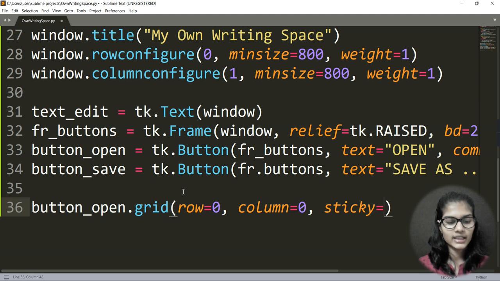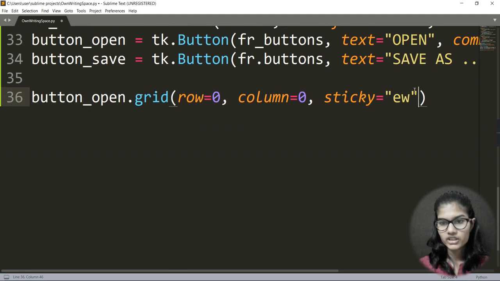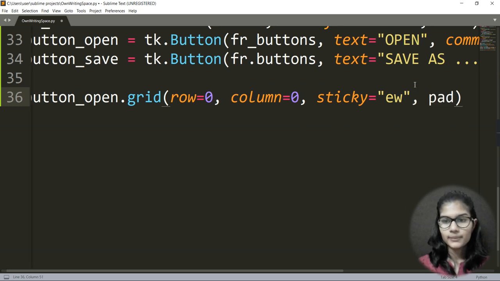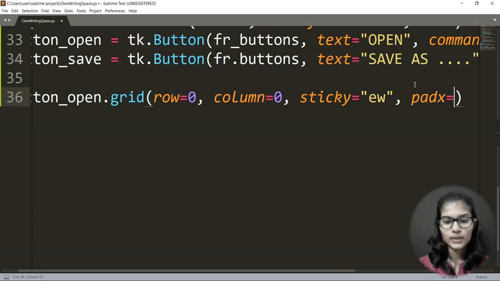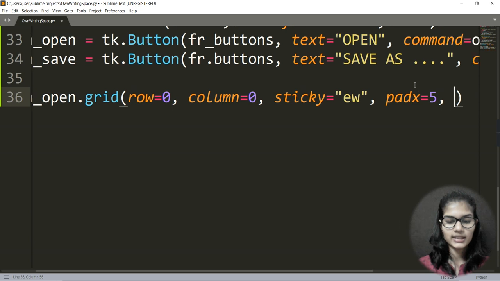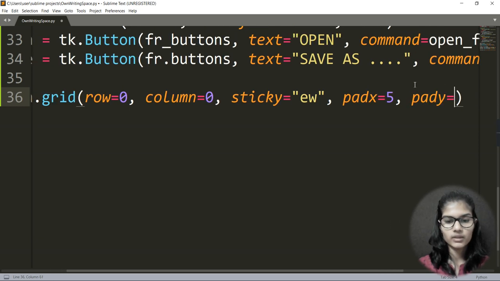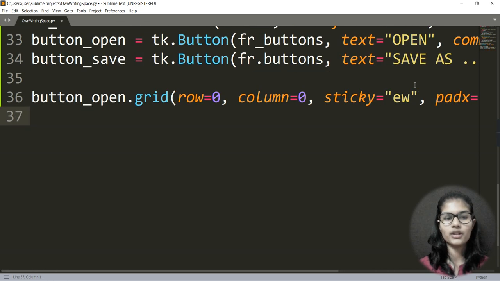Sticky is equal to EW, in quotes. And here I would give the padx and pady values, padx is 5 and pady is also 5. These are the values used for giving spaces and to maintain a proper distance.